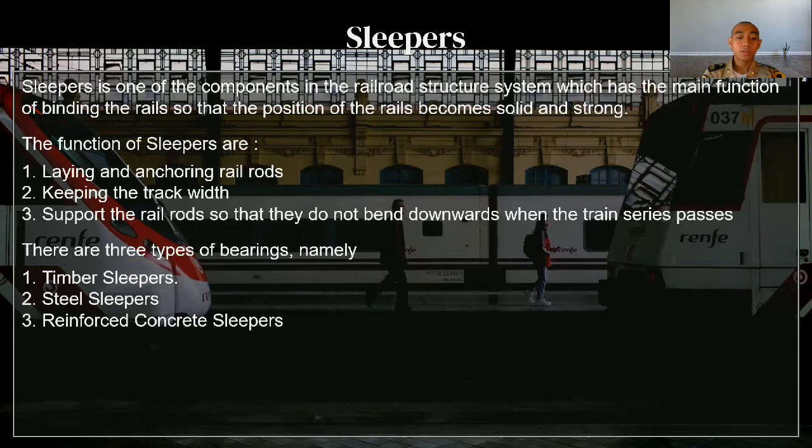All at once transfer the axle loads received from the railroads and the base plate to be distributed to the ballast rock layer below. Therefore, the bearing must be strong enough to hold the railroads from moving, as well as strong enough to withstand the load of the railroad circuit. The bearings are installed transversely from the rail position at a maximum distance between the bearings of 60 cm.